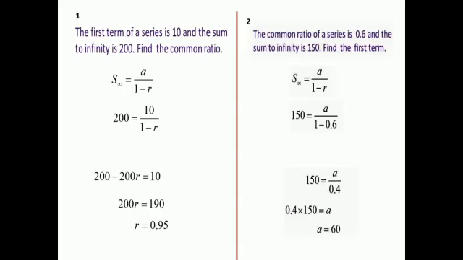Okay, actually finding the sum to infinity of a geometric series is very easy. Very simple formula, a by 1 minus r. Just give the values and find the answer. Okay, so find the common ratio of an infinite series with the given sum and the first term. It's given like that. S infinity is 30. You have to find the r. A is equal to 9 and you have to find the r.